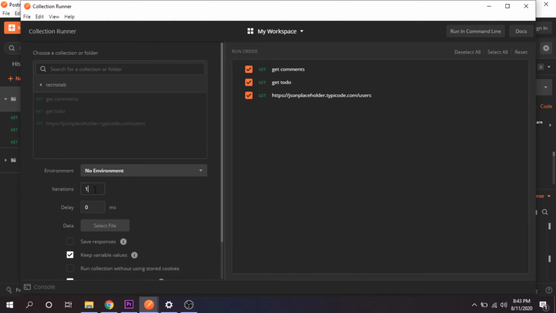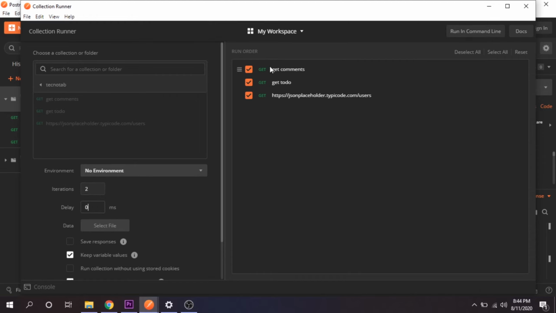Iterations. So iterations is a number of times you want to run this collection. So it's not like a load test. It's like you are running one test, second test, third test, and after that your test stops. If you want to run this again, then you have to give it 2. After you make the iterations as 2, it will run the first set of collection. Again, after completing the first set of collection, it will run the second set of collection. So you can run it multiple iterations.